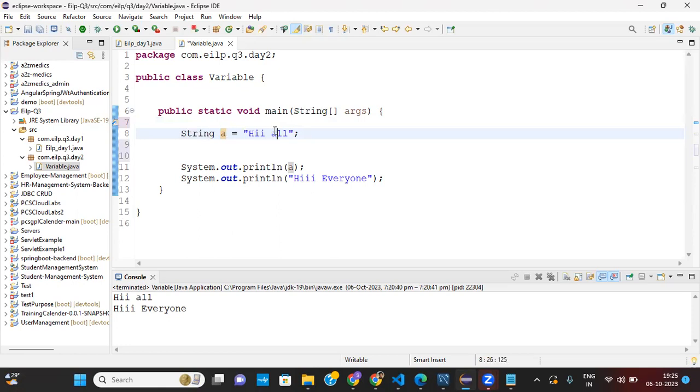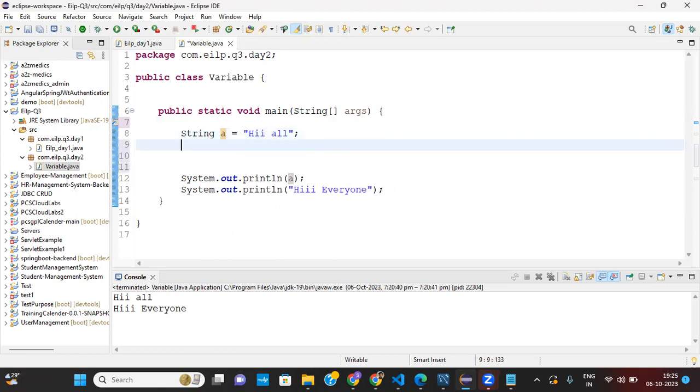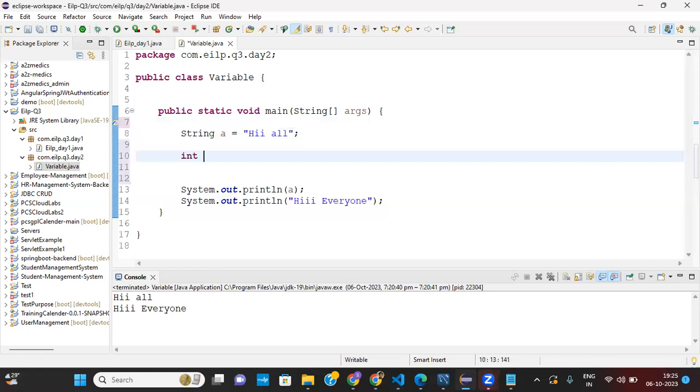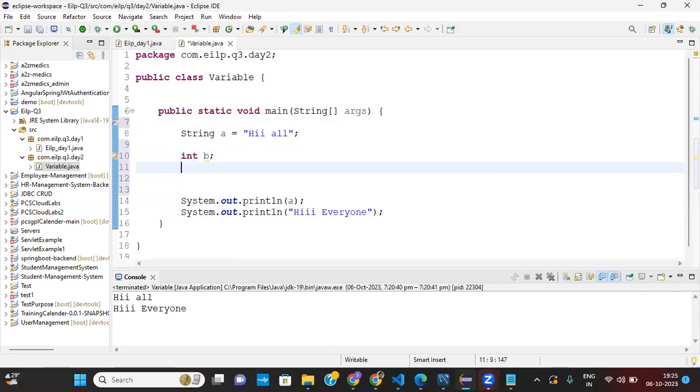This is one way you can declare the variable. And there's another way, say int b. First you just give the variable, and in the next line you give the value. It will do the same thing, but in two lines. If I want to print b, I can do so. So these are the two ways you can declare a variable and assign the value.